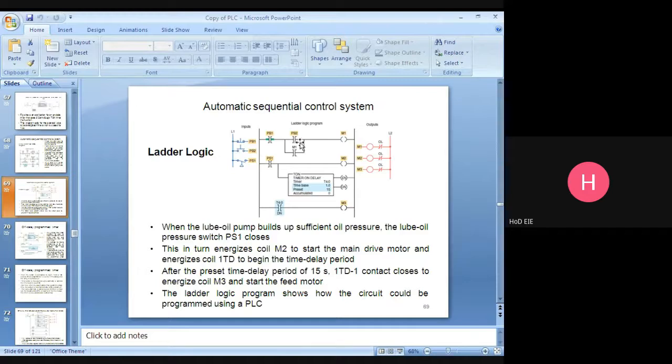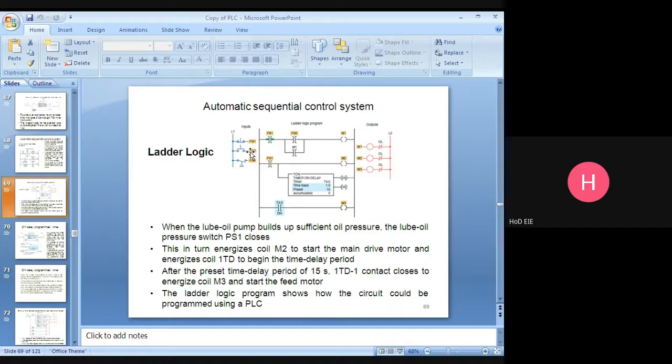PB1 is normally closed. Once PB2 is pressed, at that time the rung continuity is there. Because of that rung continuity, the loop oil pump motor will be energized. Once this is energized, this contact will be closed, so the continuity will be in this direction, because this push button is momentarily closed and opened.